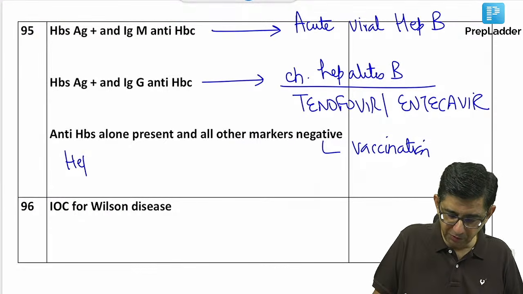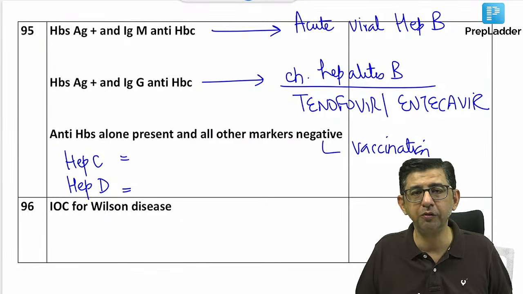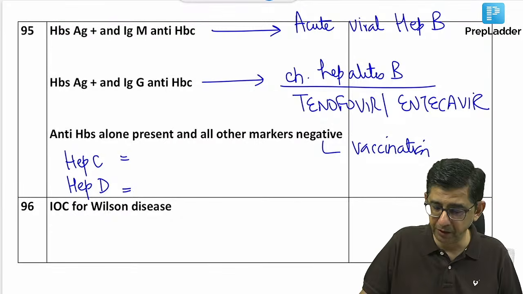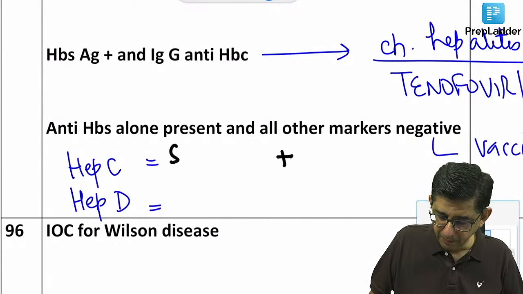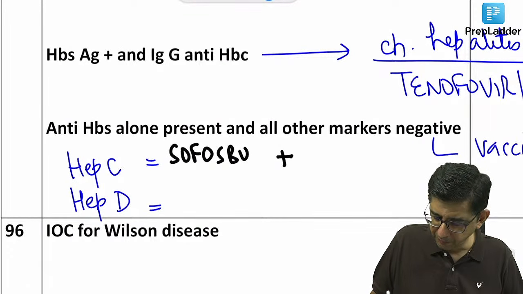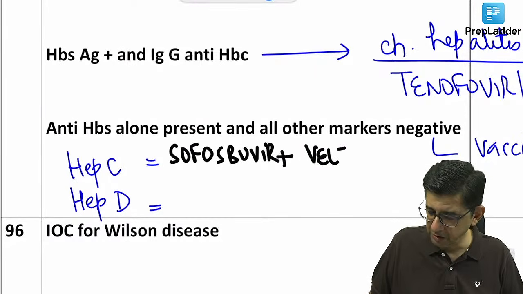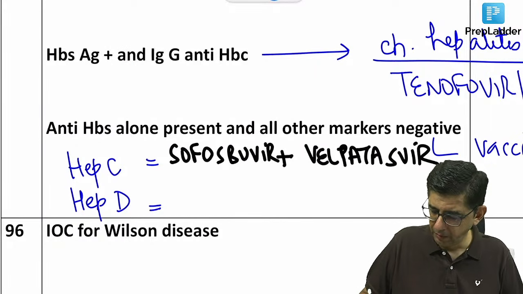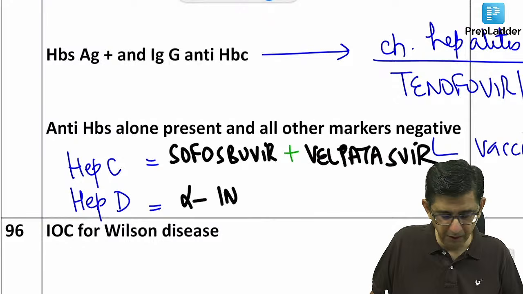What is the drug of choice for hepatitis B and D? It is not plus; it is either of the two. It is tenofovir or entecavir. The combination is for hepatitis C. Yes, for hepatitis C, it is sofosbuvir, and along with sofosbuvir, the second molecule is velpatasvir. Good. And for hepatitis D, the answer would be alpha interferon. Okay,